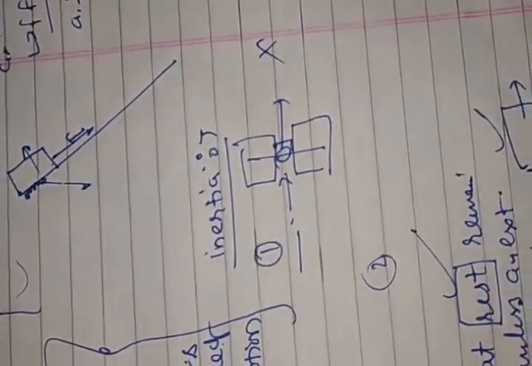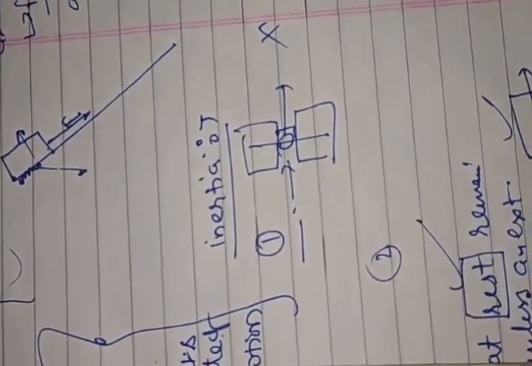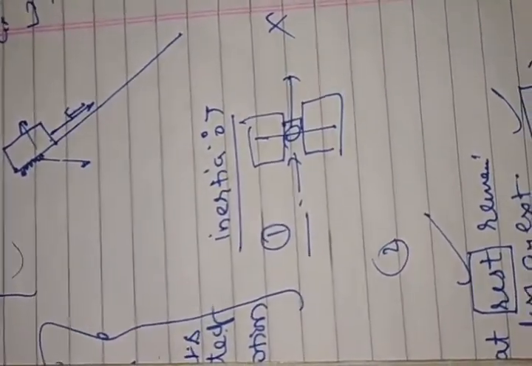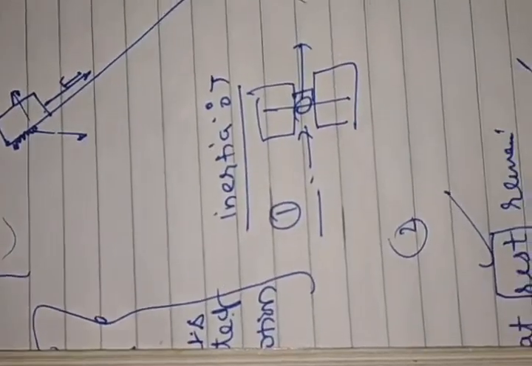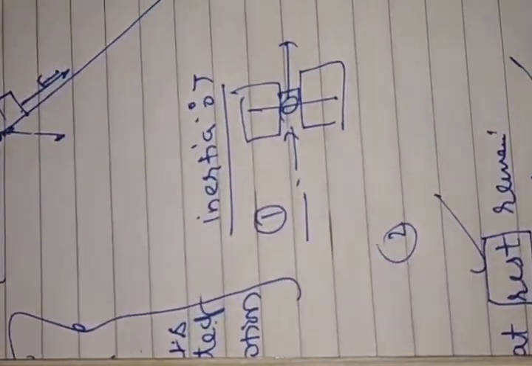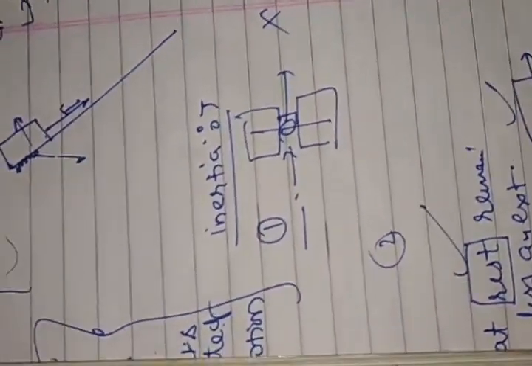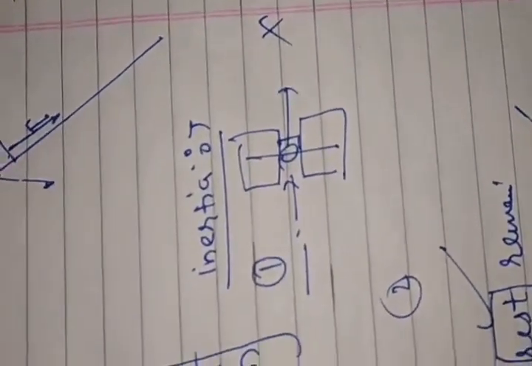It means when you come out from the bus, when you put your foot to the earth, what will happen? Your foot wants to come to rest, but the upper part of your body is in motion. It moves according to the bus. Then automatically you fall in the forward direction. These things come due to inertia only. Automatically these things are happening. You are not doing anything regarding it.